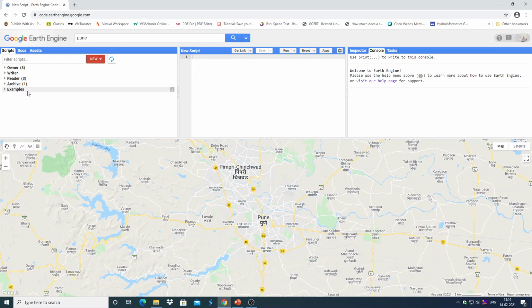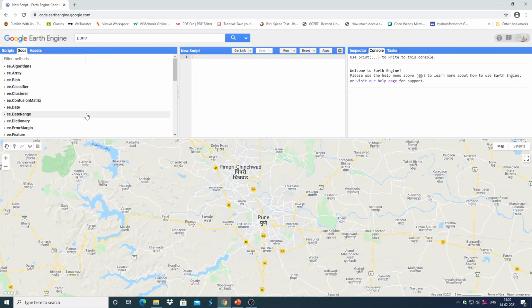Then there are example folders, example head. You have many examples which are provided by Google. You can go through them. They are listed with each Earth Engine object class. Like there are many examples under image object class, image collection, feature collection, object class, etc. You can go through them once we get the basic knowledge about Google Earth Engine and its functionalities.